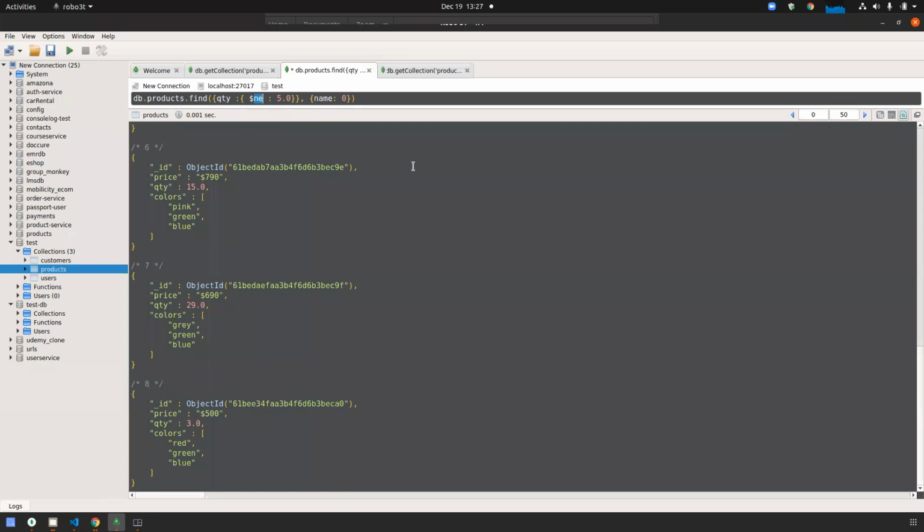So for quantity, I am giving in, and here I am making an array. In the array, I am giving 5, 3, and 16.